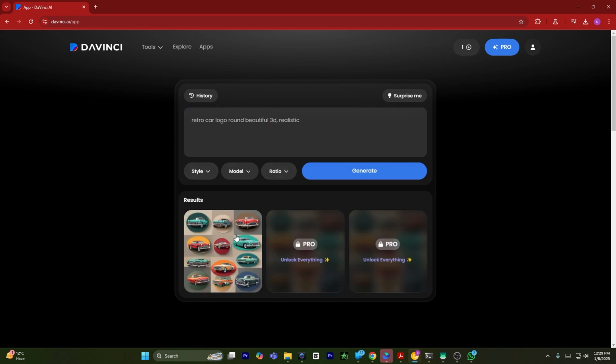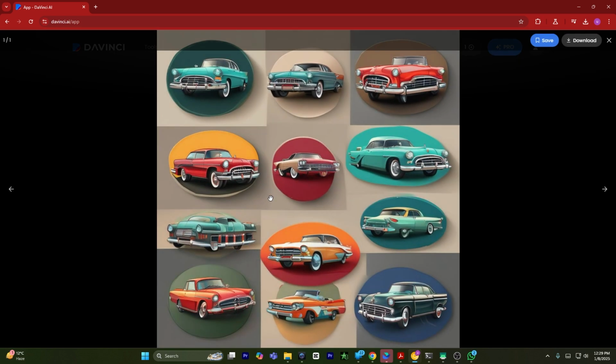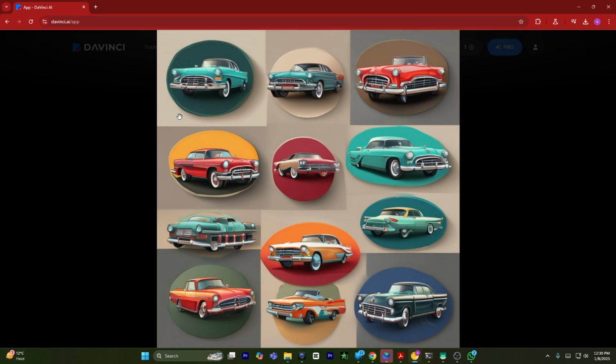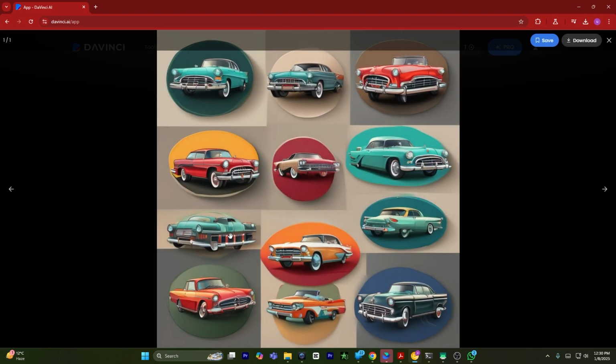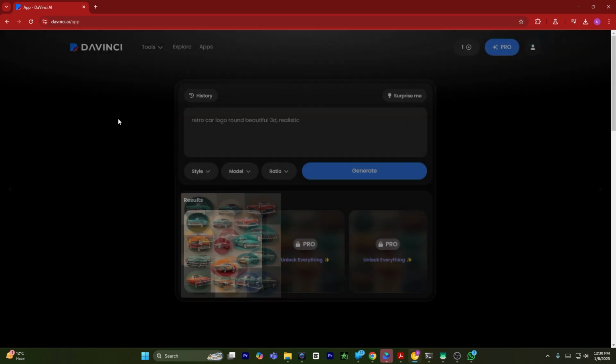As you can see, it has created a lot of different images. I didn't mean that, but I can use this single image and create multiple logos from each image, and that's very clever of DaVinci. I have only used 1 credit, but I can get 9 or maybe 12 different logos, and as you can see, all look professional. So that's basically how you can use